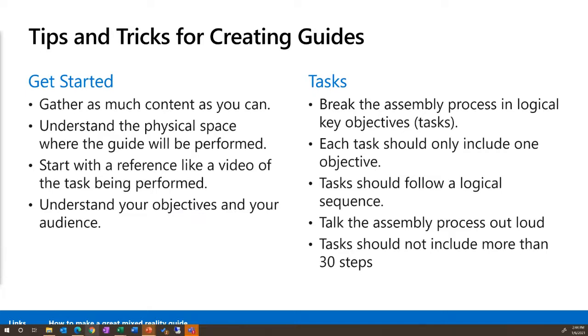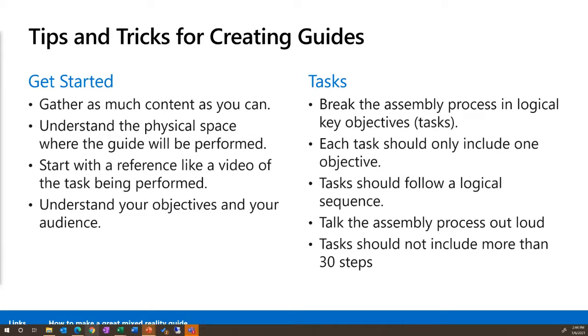Don't worry if you don't have any 3D content. Guides also includes that 3D toolkit, and it includes simple models like arrows, hands, zones, numbers, and so on. And those are oftentimes more than enough to get you started.